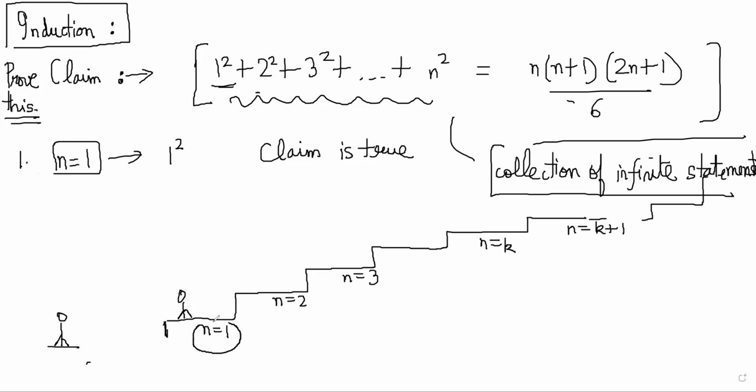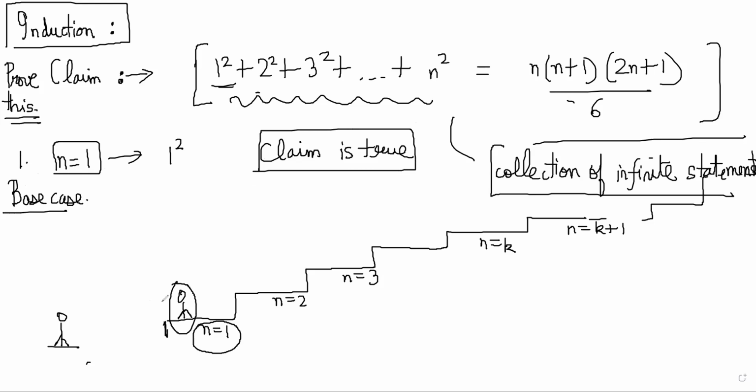So first we check the base case. This is called the base case. Base case means, are you able to step on the staircase at least, right? Are you able to begin the problem or not? So, we check the lowest possible value. For n is equal to 1, we found that the claim is true, right? So for n is equal to 1, we found the claim is true. That means you are on the staircase now. You are standing on the staircase here, right?